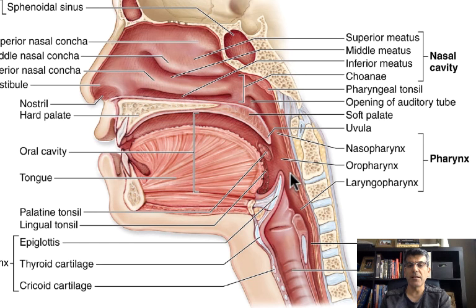The oropharynx and laryngopharynx is a tube that deals with food. The food is going to come from your mouth to the oropharynx, and then it's going to go to the laryngopharynx. Finally, it's going to go to the esophagus. So this area must be protected against friction that's caused by food. Therefore, it makes sense that it is lined by stratified squamous. So the upper part is pseudostratified ciliated columnar, and the oropharynx and laryngopharynx are non-keratinized stratified squamous.